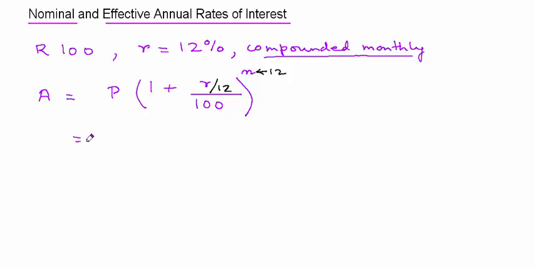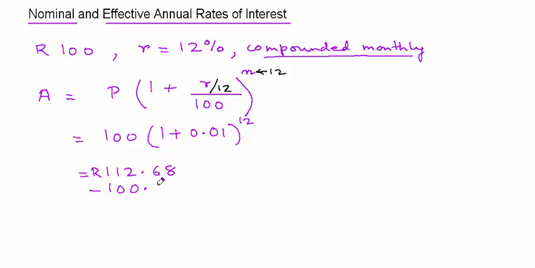So the amount is going to be 100 times 1 plus 12 over 12, which is 1, so this part is 0.01, raised to the 12, which turns out to be 112.68 Rand. And if you subtract the initial amount deposited or invested, the interest is 12.68 Rand on 100 Rand,